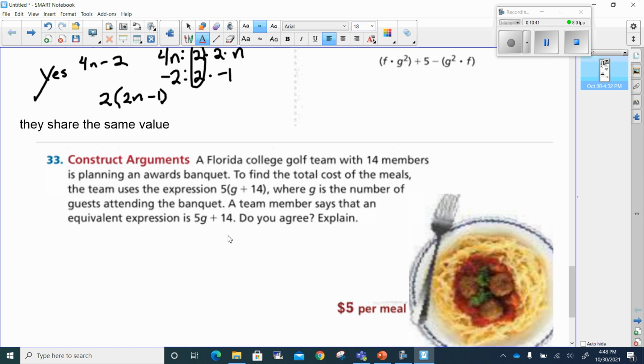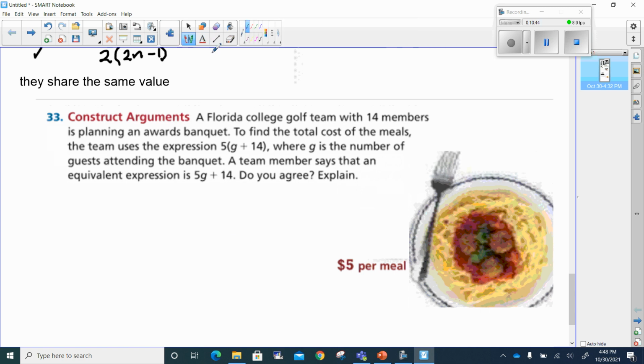All right, number 33 is the last one, and I've got it. A Florida college golf team with 14 members is planning an award banquet. To find the total cost of the meals, the team uses the expression 5 times g plus 14, where g is the number of guests attending the banquet. So g is the number of guests attending the banquet. A team member says that an equivalent expression is